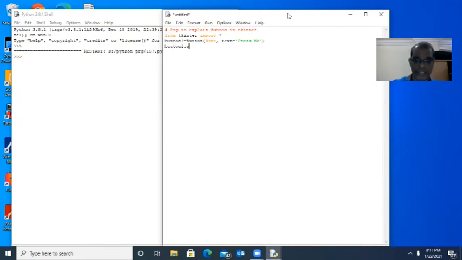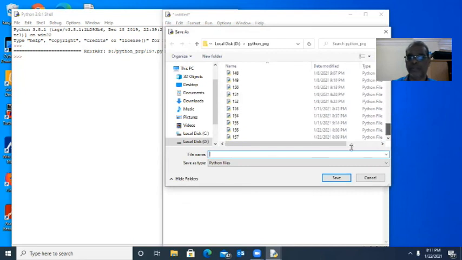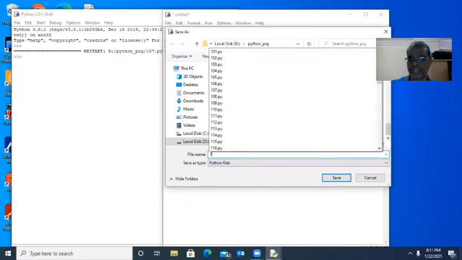Button 1 dot pack. We are not giving any position, left, right, center, leave it. Then button 1 dot mainloop. That's all, very simple. I will save the program and then I will run the program. So 158.